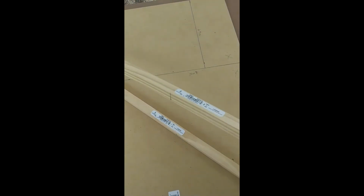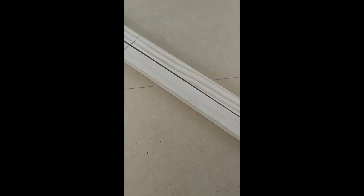And then I also got, so this is going to be the floor of the apartment, and the lighter color wood is going to be the decking once we cut it. So also I needed to get these square dowels that are 3 feet long. Those are going to be the beams to support the top floor and to connect the top floor and the